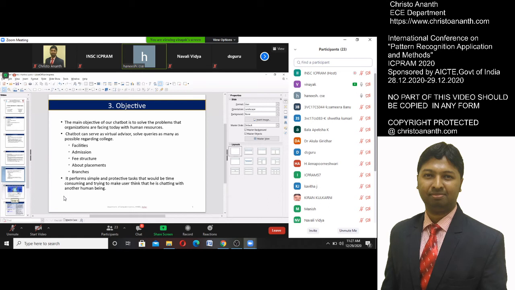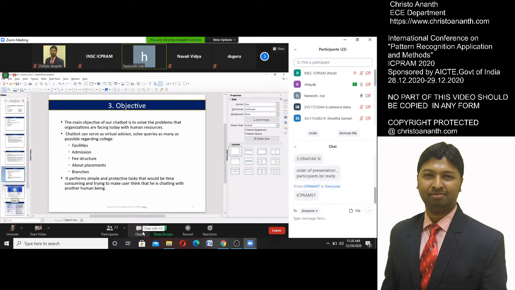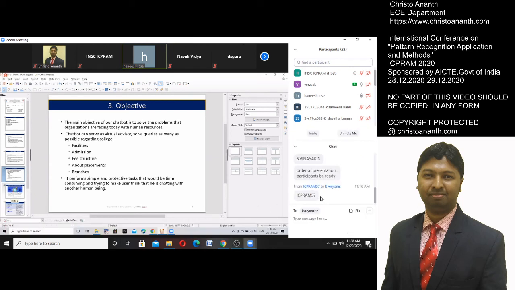And coming to the admission section, if a student is willing to take admission, then what original documents have to be submitted, and what procedure he has to follow comes under admission. Next, fee structure. Depending on the branch, the fee structure will be displayed. And one thing here is that no recommendation is allowed in this. And next, about placements: what percentage of students is selected for placement every year, what the placement activities are, and what companies come to that college every year.